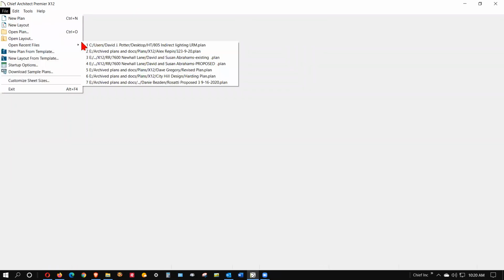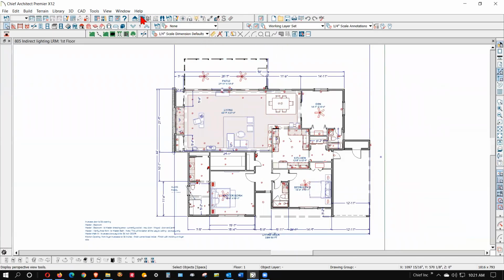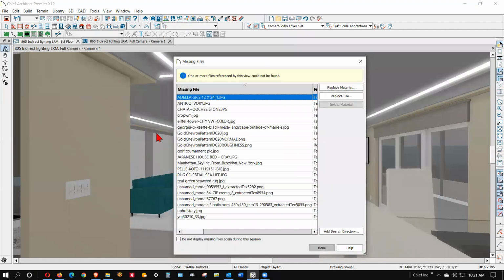Open it again. Bingo. Okay. See, these are all missing textures, and it's just stuff that you added to the plan, and